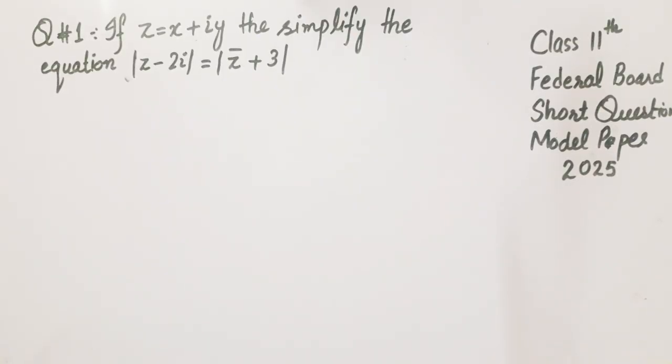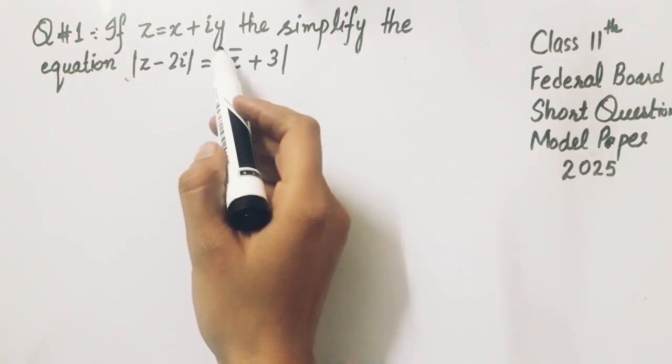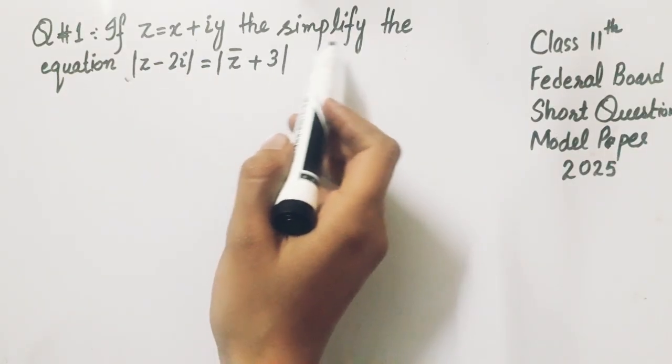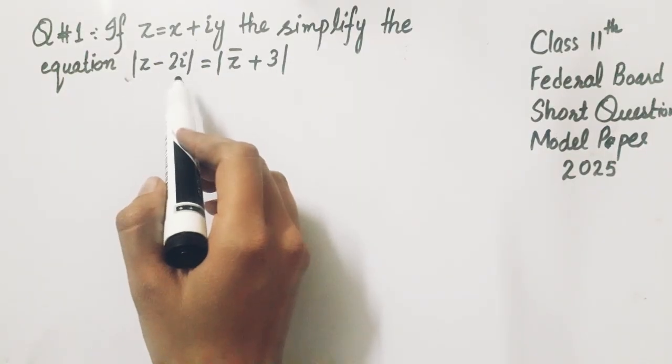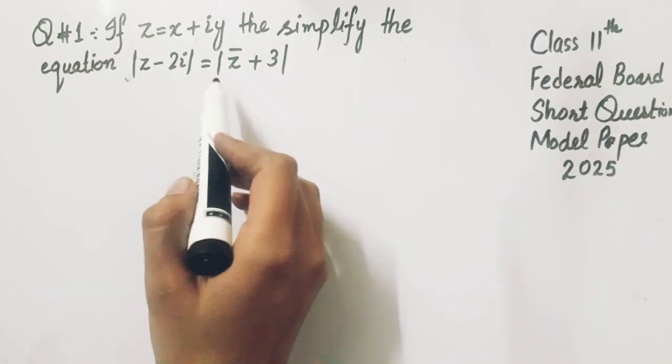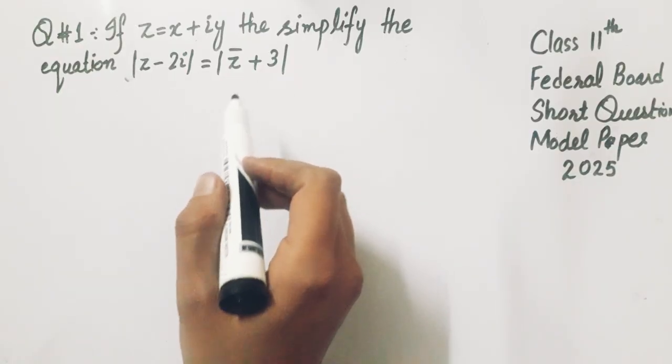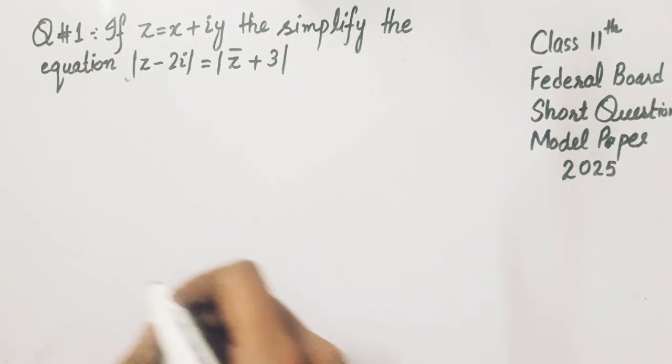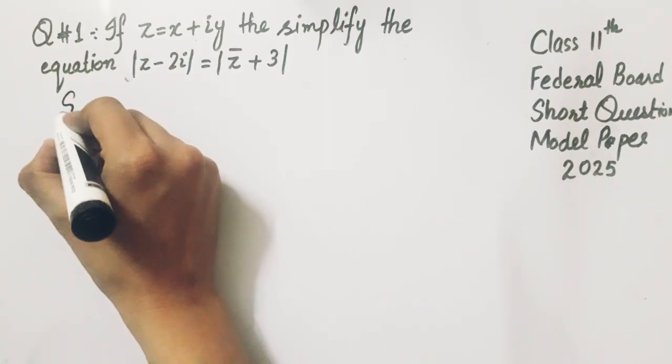Now the question number 1 is, if z is equal to x plus iota y, then simplify the equation z minus 2 iota is equal to z bar plus 3. Now we will solve this question. First of all,